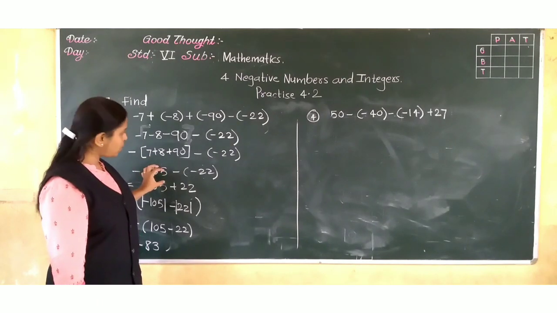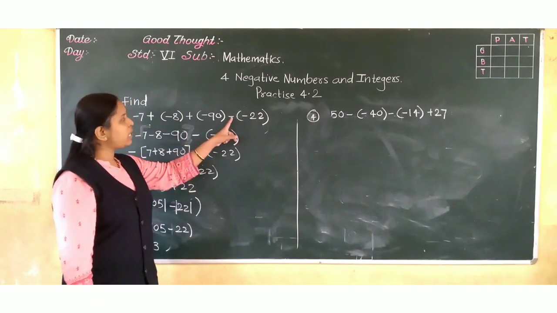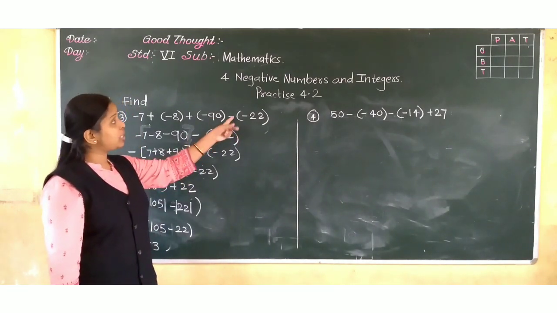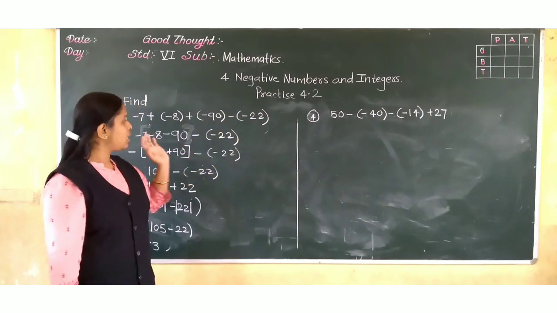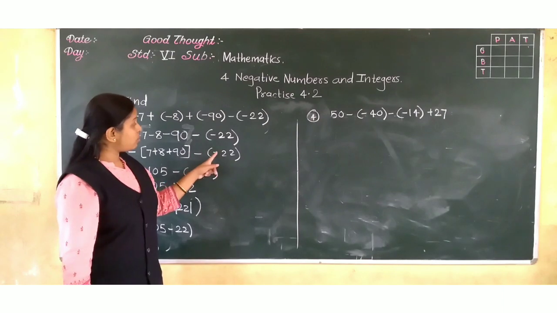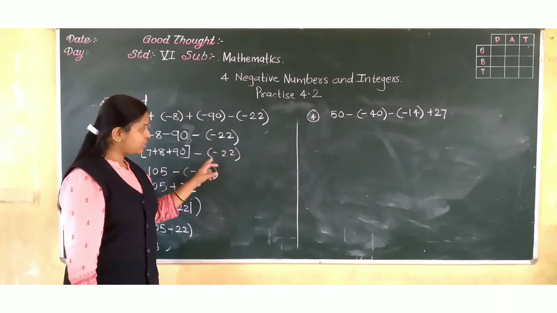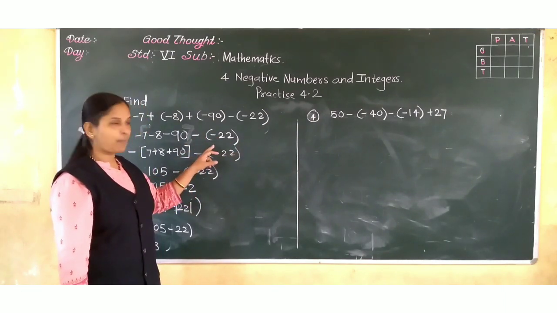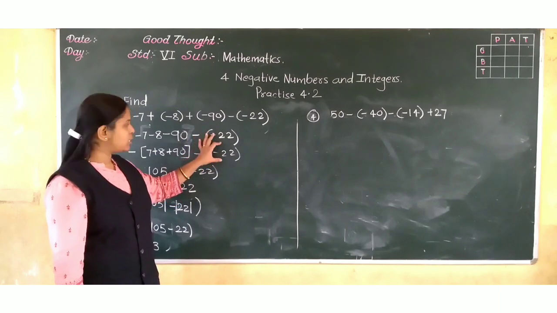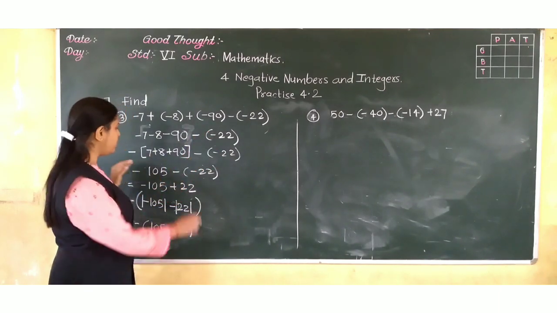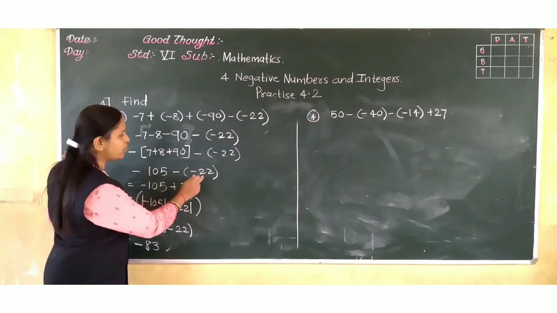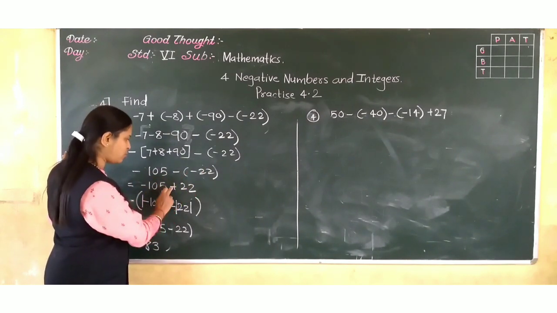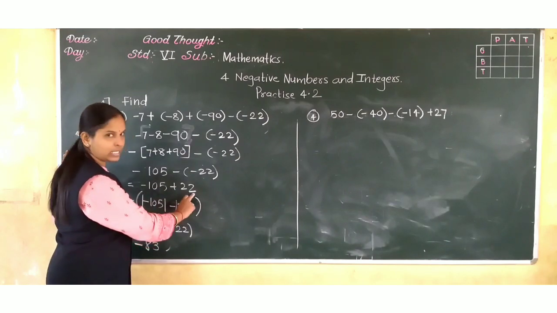Add them. Okay. Afterward, here why did I keep this? Because here there is subtraction and inside is minus 22. So that I kept as it is. Subtraction is there, so this is the subtrahend. So take the additive inverse of this. Then how to write the additive inverse of this? It will come minus 105, and the additive inverse of minus 22 is plus 22. So we write it in this way.